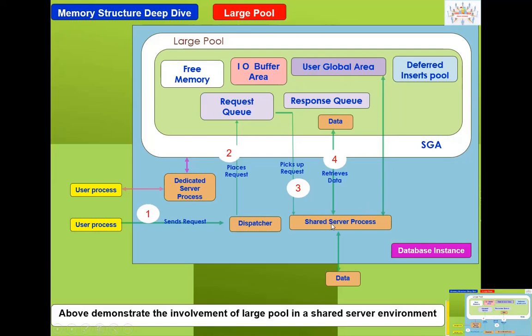Now, for example, if shared server process 1 picks this request, the data fetching part may be done by shared server process 2. There is no restriction like that. But the dispatcher is dedicated, that's true. This request is undertaken by this particular dispatcher, and the rest of the process should also continue with the dispatcher. But the shared server process can be shared again. Shared server process 1 may check the availability of the execution plan in the library cache, but shared server process 2 may fetch the data.